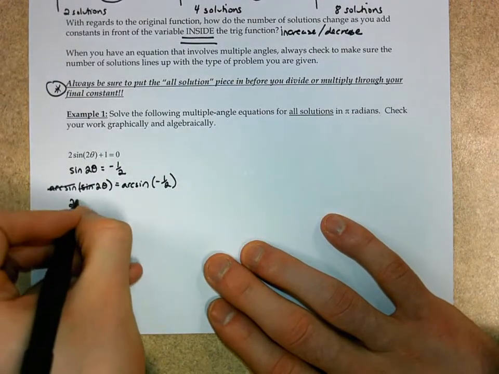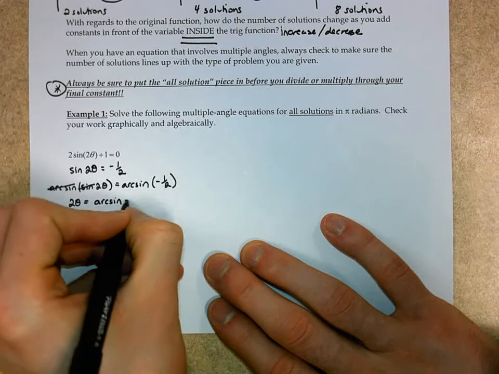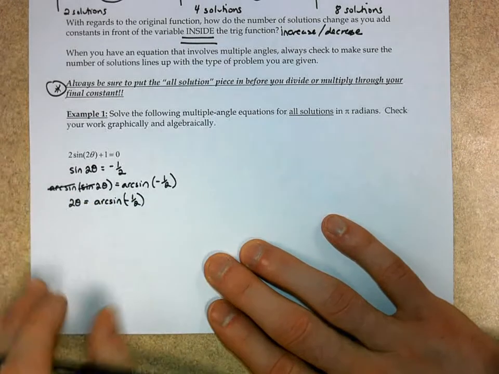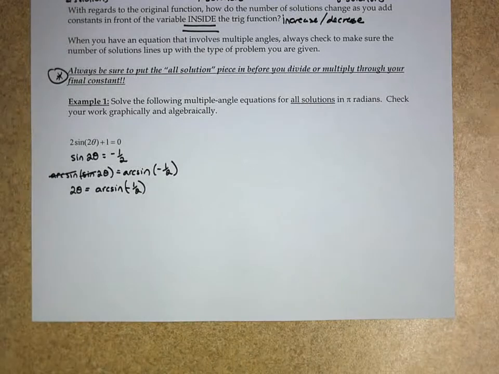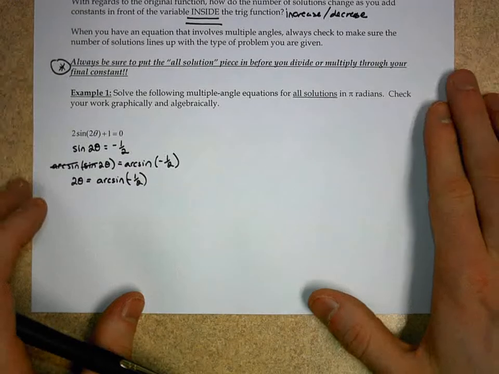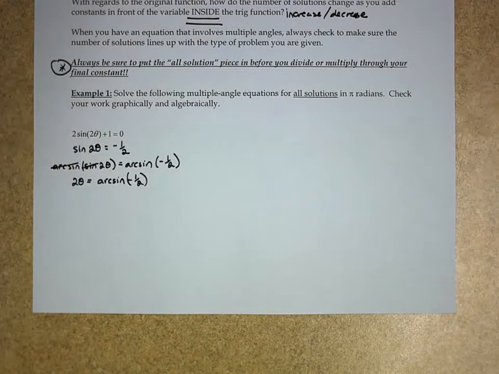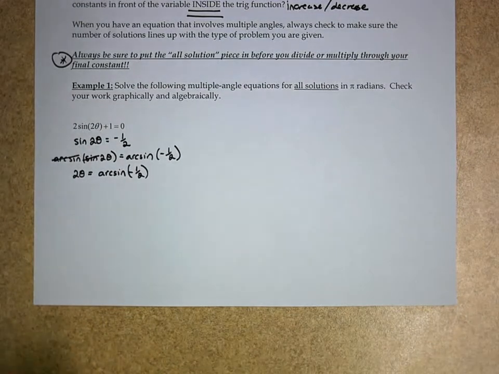Arc sine and sine cancel out, so I'm left with 2 theta is equal to the arc sine of negative 1/2. At this point, I still don't want to divide by 2. That dividing by 2 is going to be the very, very last step in this problem, after I do all my reference triangle work, after I do everything else. So here, this arc sine of negative 1/2,